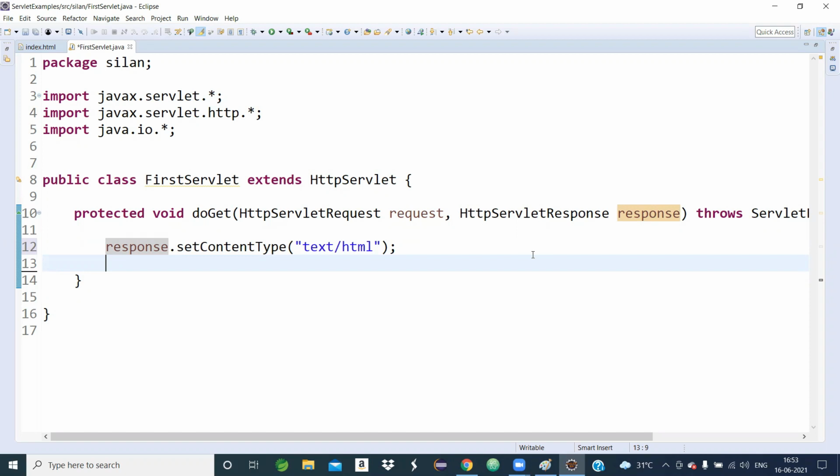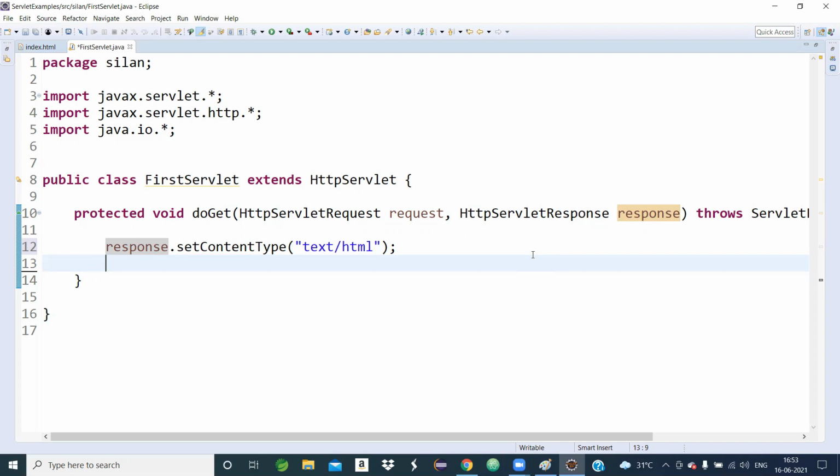Text content, where you want to see the output as a response, or HTML content that you want to set.